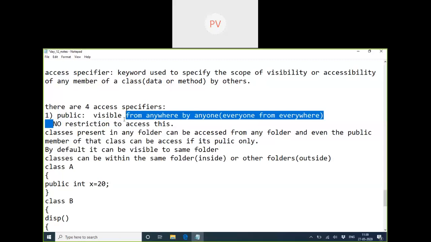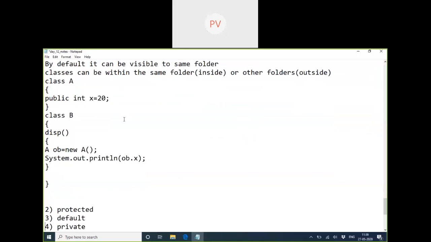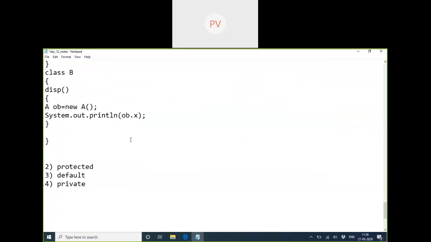Only thing is we should know how to access it, because it's not directly accessible. You cannot say print that data directly. To access that, we have to say the folder name. Procedure-wise, we have to create an object also. We'll see that tomorrow. I'll teach you that concept after the inheritance topics. Next is protected. I'm just telling the meaning of it because for this we should first finish packages.